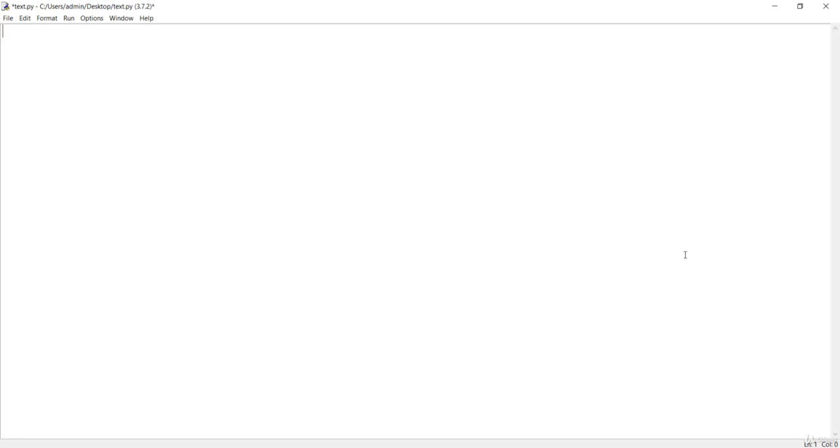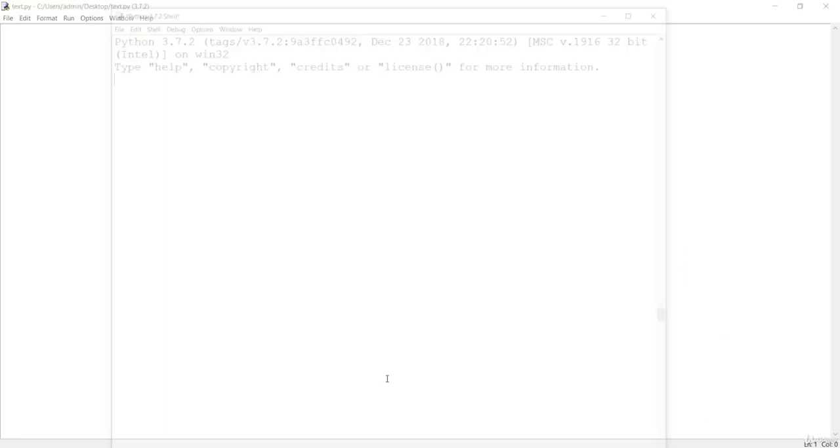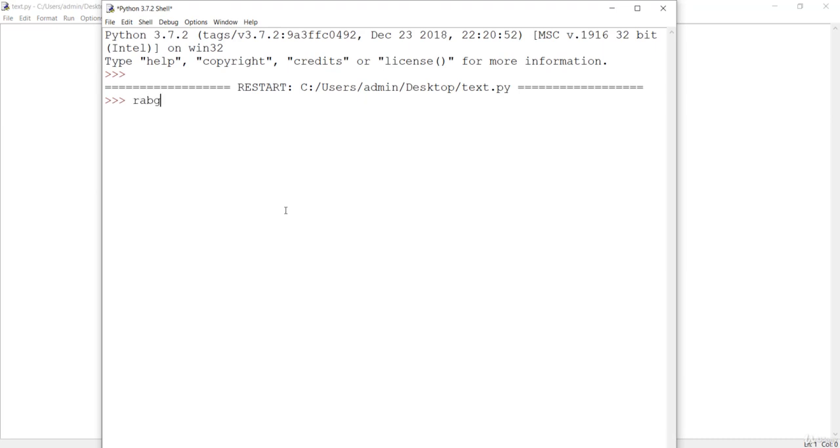First of all, let's make use of the range function. Let's save this and press F5, and let me show you. If I say range, this is the inbuilt Python method, and if I say 5, the stop point would be 5, and it is going to give us a tuple from 0 to 5.